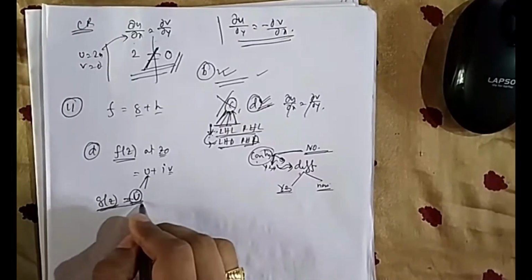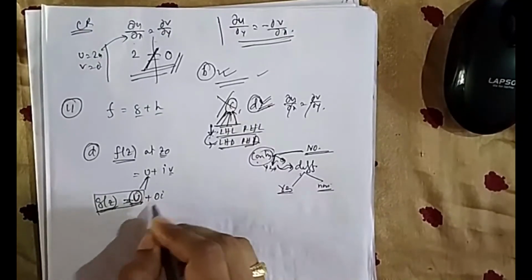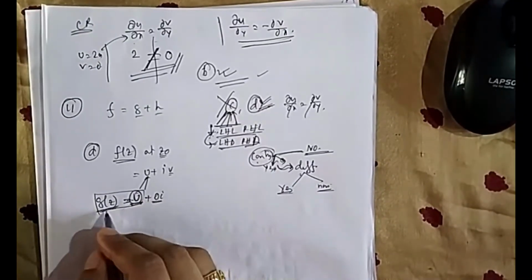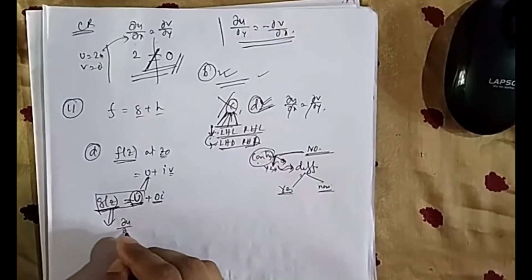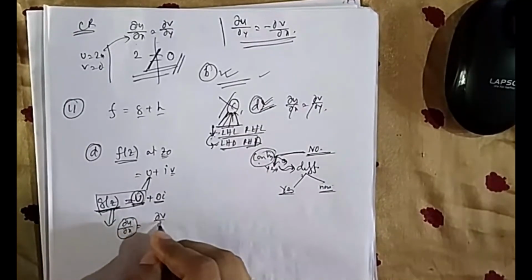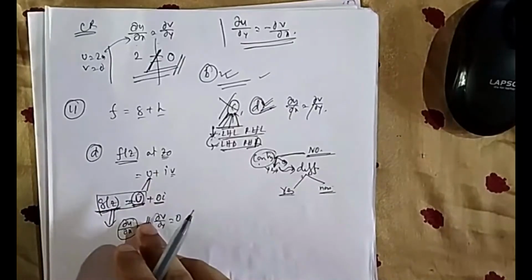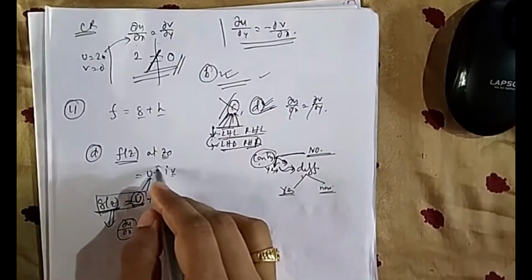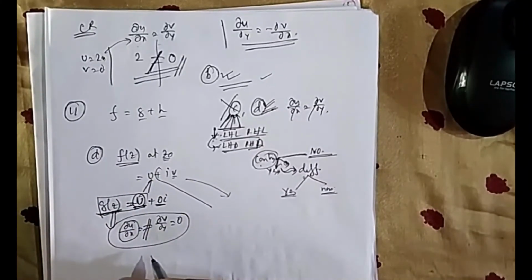So you think this function g(z), it has to be, that means I am only considering the real part, so imaginary is 0. So you think about differentiability of this function g. So you will apply the Cauchy-Riemann equation. Del u del x should be equal to del v del y, but del v del y is 0, so both are not equal. So if you separate the real part and the imaginary part, then you cannot say whether it will be differentiable or not differentiable.